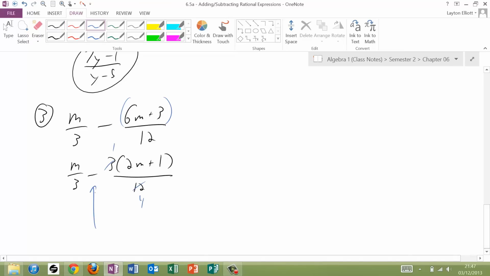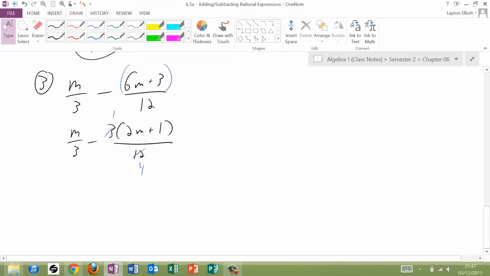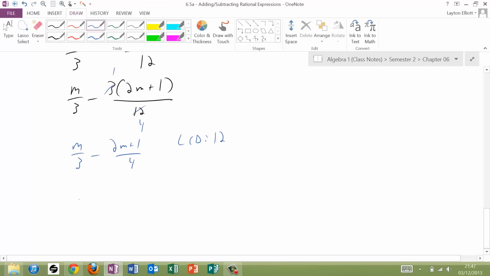Now don't simplify across minus signs, that would be dumb. Well, not dumb, but just pointless. And so I get an m over 3 minus a 2m plus 1 over 4. Now my fraction's a little bit simpler, but you're about to see what's going to happen here. Really, we're going to have to scale it back up to be an LCD of 12. So if I say we have an LCD of 12, that means I'm going to put the next step,